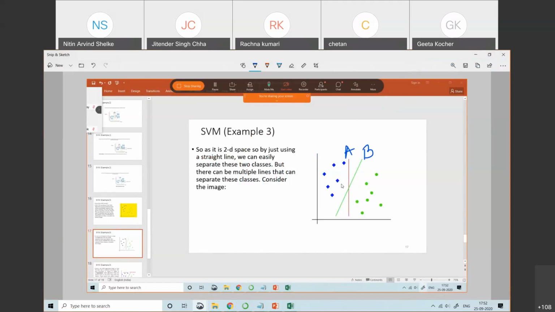If we take this one as the nearest point, and this one, then this one becomes your support vector, and this one becomes your support vector, and this will become your hyperplane.